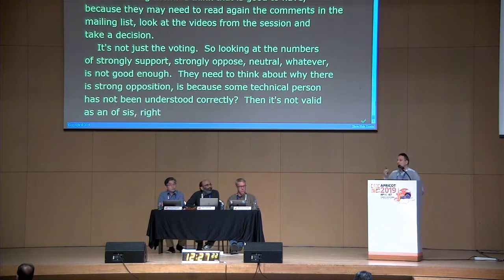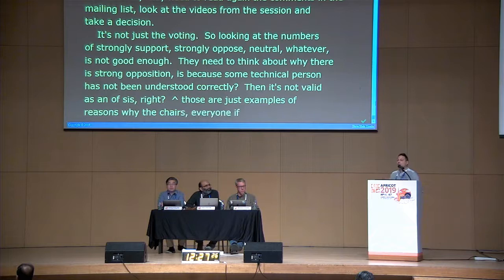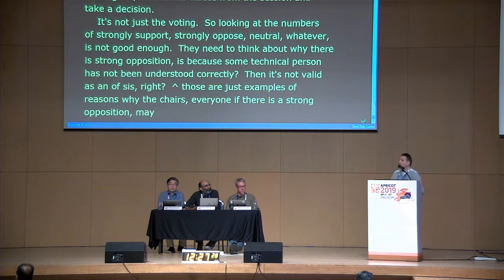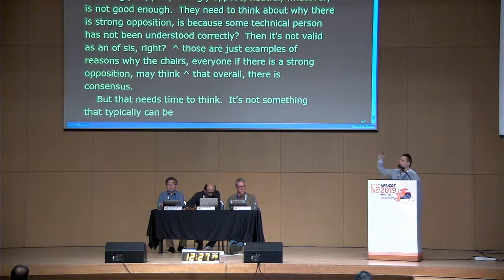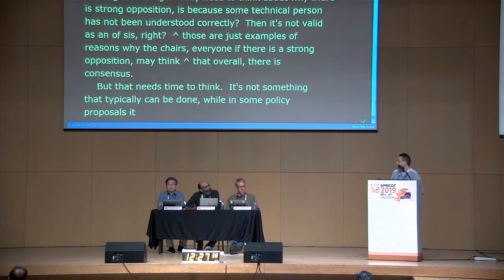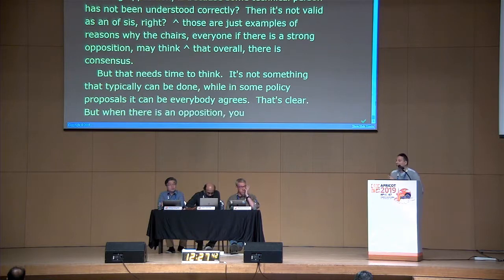So those are just examples of reasons why the chairs, even if there is a strong opposition, may think that overall there is consensus. But that needs time to think. It's not something that typically can be done, while in some policy proposals it can be like, oh, everybody agrees, that's clear. But when there is an opposition, you need to really understand why there is an opposition, and if